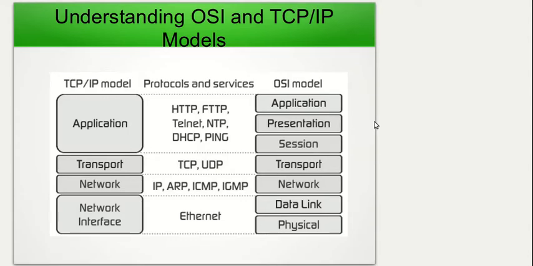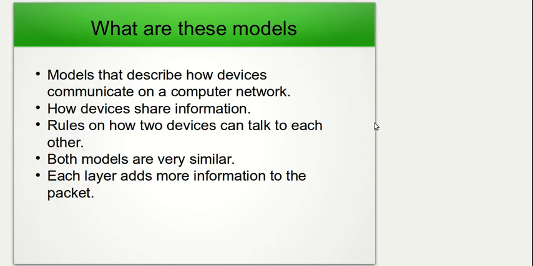In this video, we'll be looking at the OSI model, the TCP/IP model, and how they relate to network communication. Okay, so what are these models? The TCP/IP model and the OSI model are two models that describe how devices in a computer network can communicate